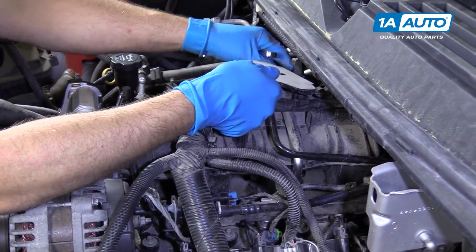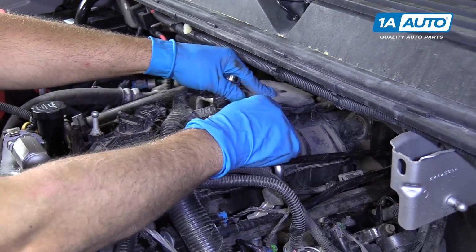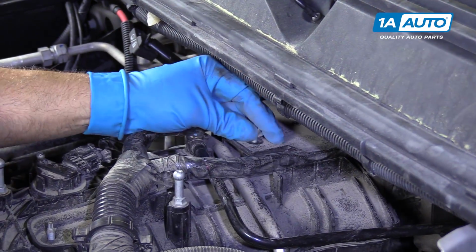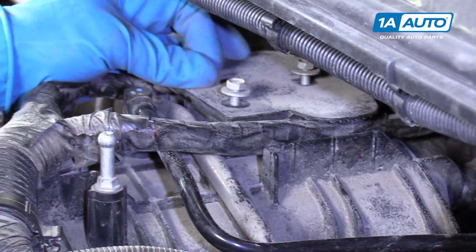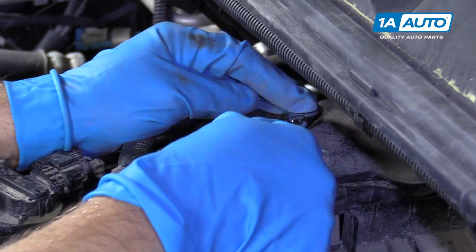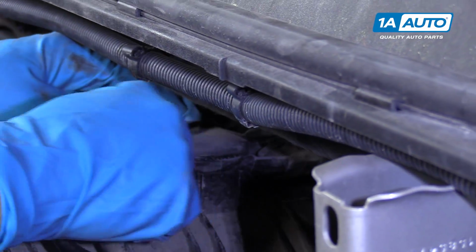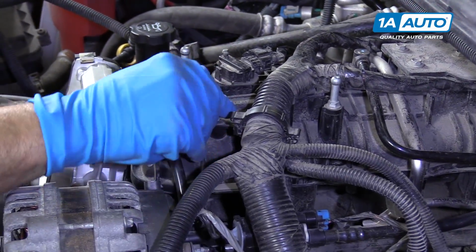This cover is gonna go back here, like this. And it's gonna go over these wiring harnesses right here. And we'll take these 10mm bolts and put these in, these 3. And I'll just tighten them up by hand first. Then I'm gonna use a ratchet wrench. If you don't have a ratchet wrench, you can just use a regular wrench or a socket and a ratchet. You just snug these up. Remember, it's plastic, so don't over tighten it. Just gotta be snug. We'll take the 10mm nut and stick it back on this bracket